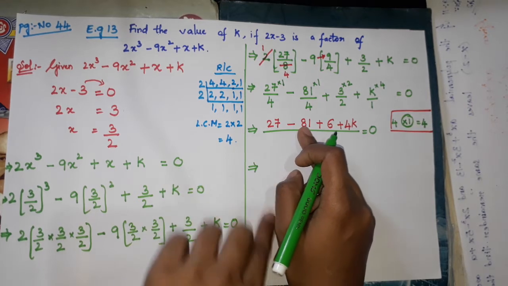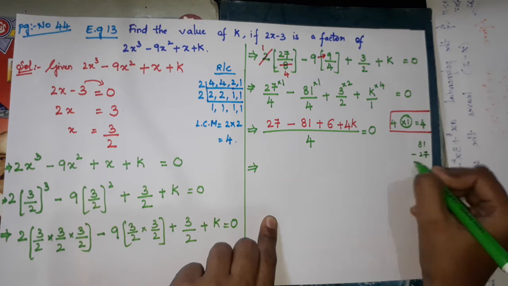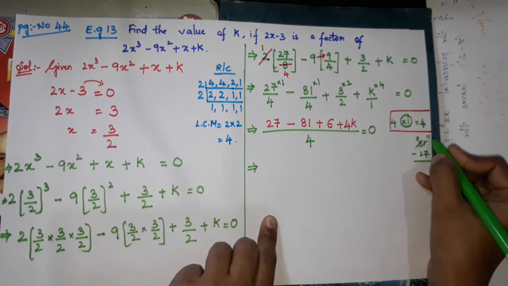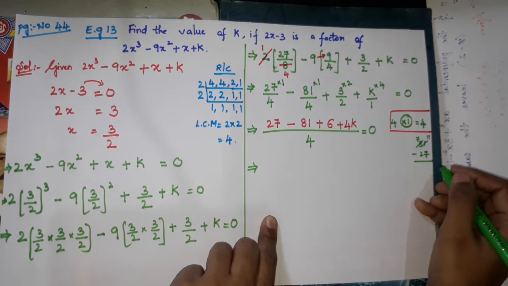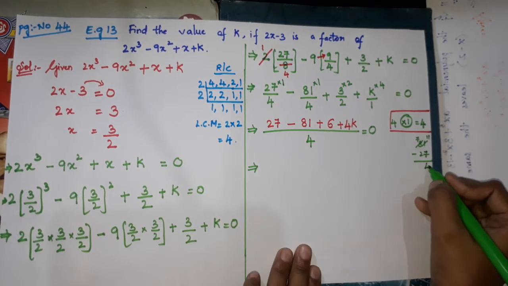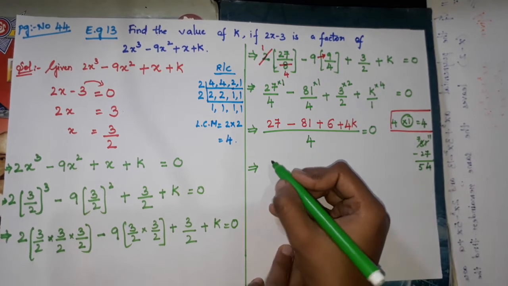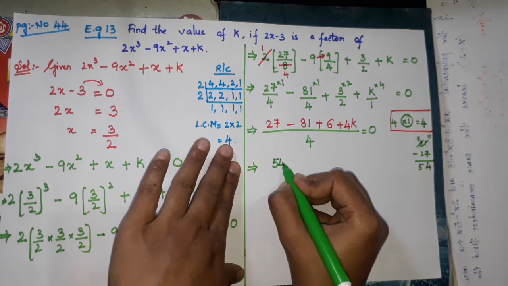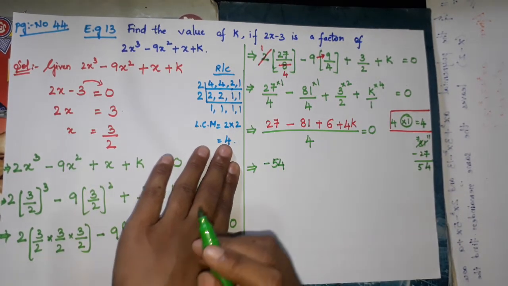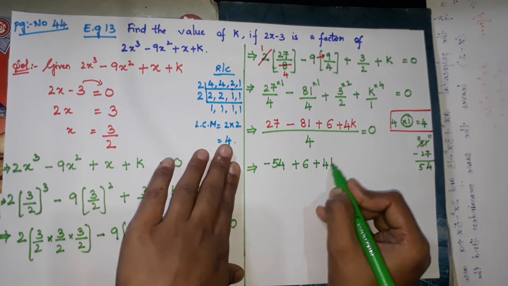Okay. Now, see here, 27 minus 81. 27 minus 81 will be what, children? See here. Already you know subtraction. Again I will show it. We have to take borrowing, right? 11 minus 7 is what? 4, right? 7 minus 2 is what? 5. So it is 54. Which is the highest number? 81. What is the sign for it? Minus. So write minus. Plus 6 as it is, plus 4k as it is.